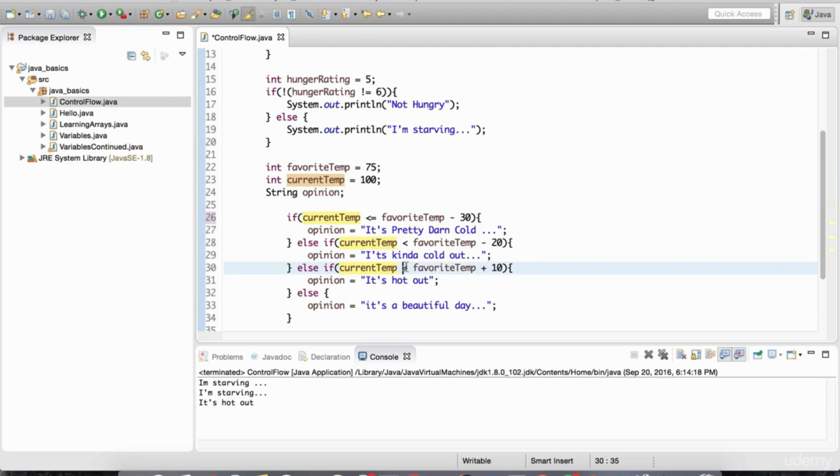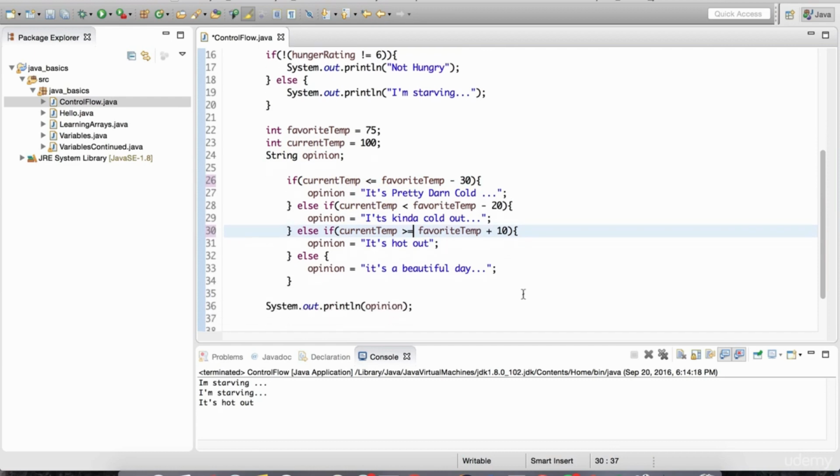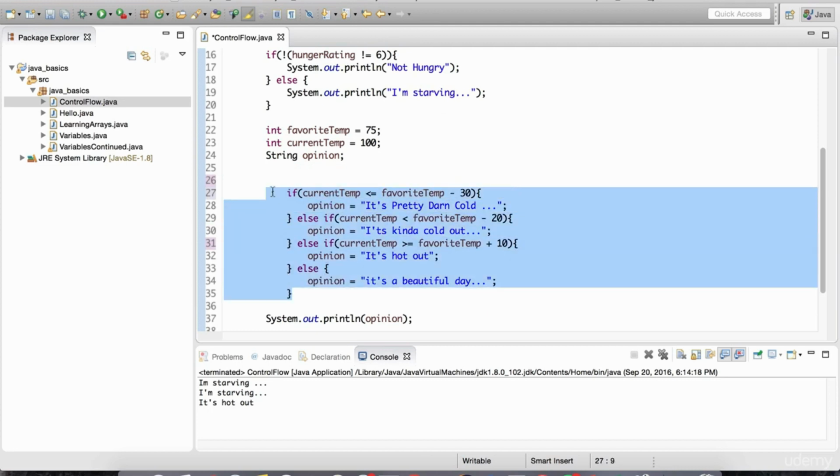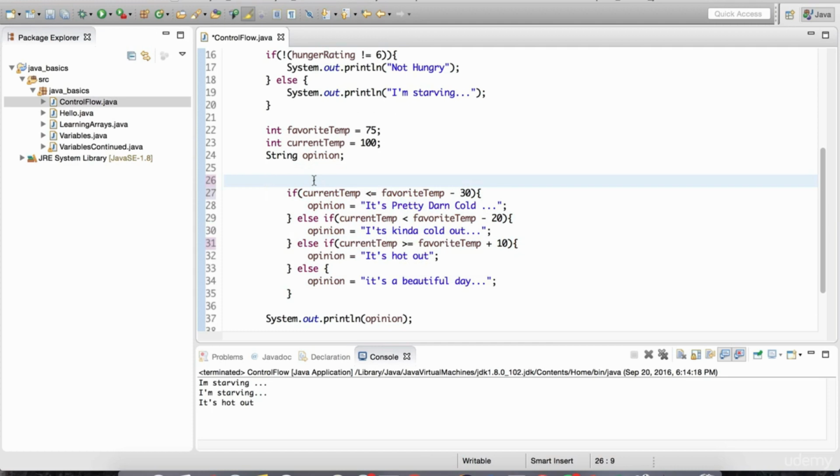I could change that to greater than or equal to right here. All right, so that option is also available. Another thing is I can have an if statement inside of an if statement. So this entire block I can wrap inside of some other if statement. So for example, I could do if